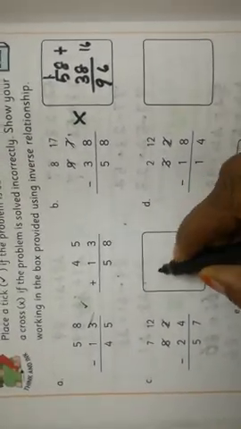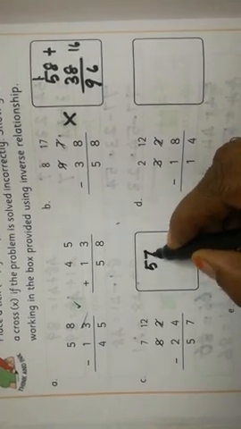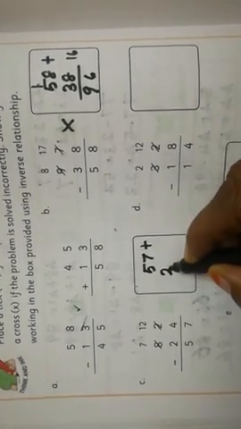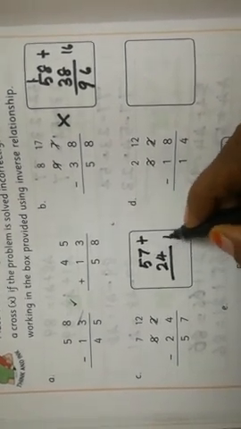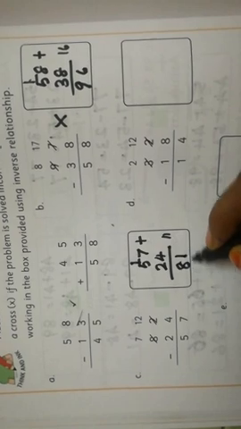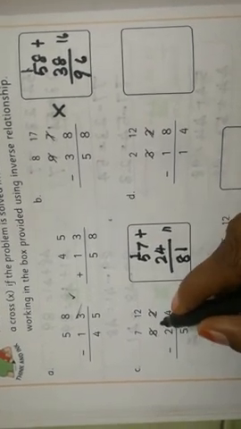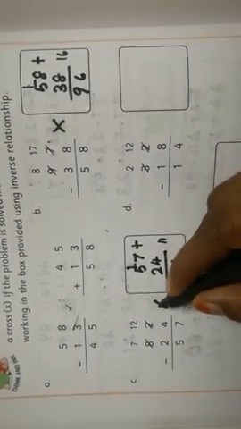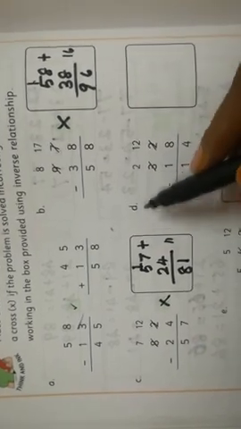Next, option C. 82 minus 24, we are getting 57. For that verification we have to write the answer first. 57 adding with the smaller number 24. So 7 plus 4 we are getting 11. 11, in ones place 1, carryover 1. 1 plus 5 is 6. 6 plus 2 is 8. So 81. The bigger number given here is 82. This is wrong.